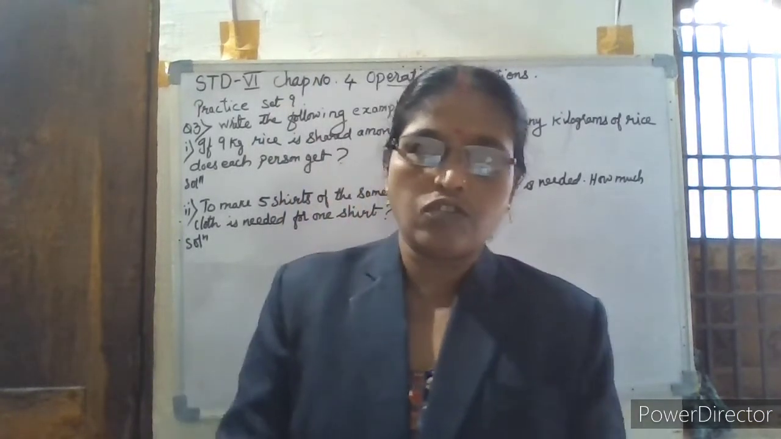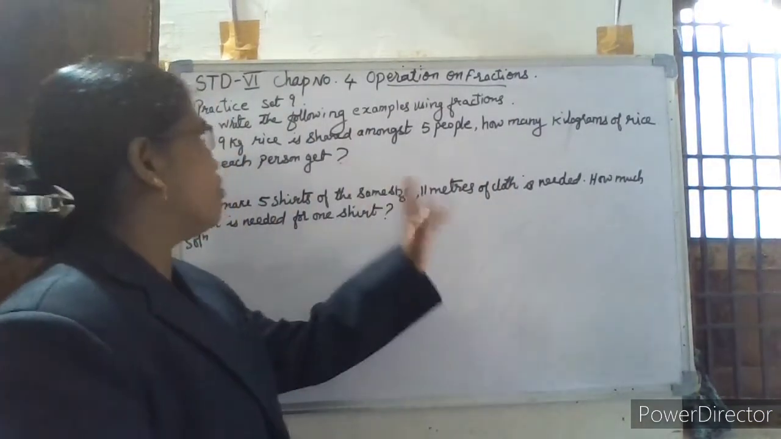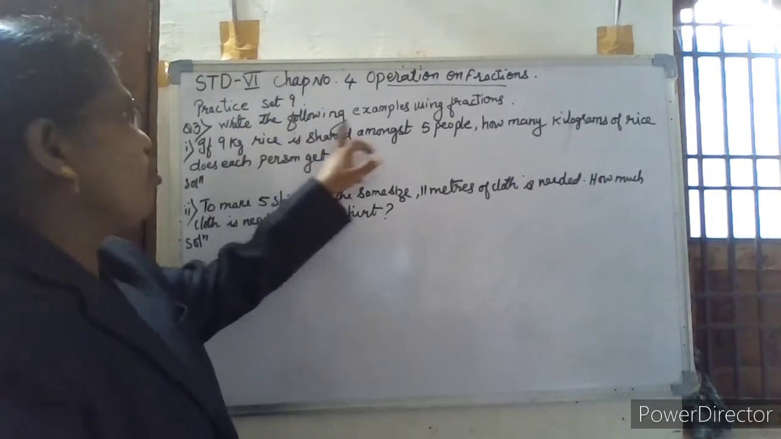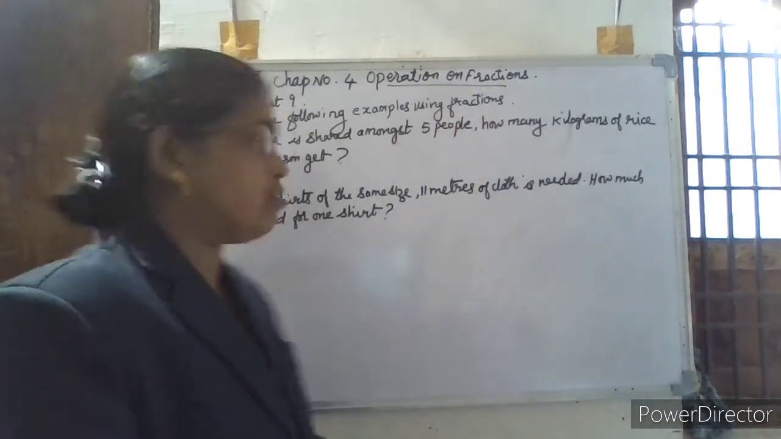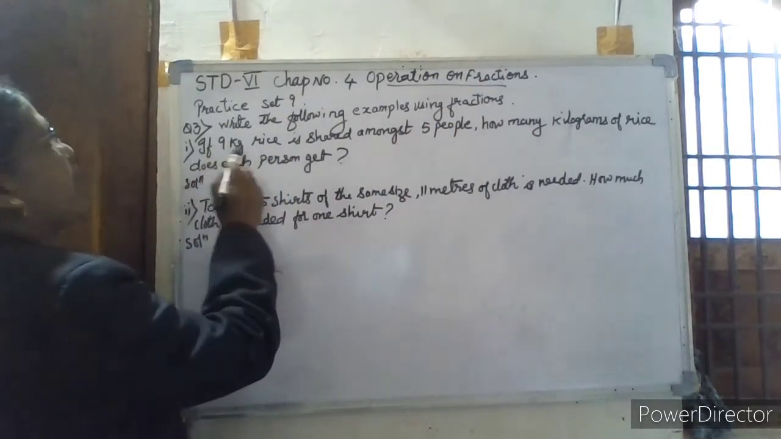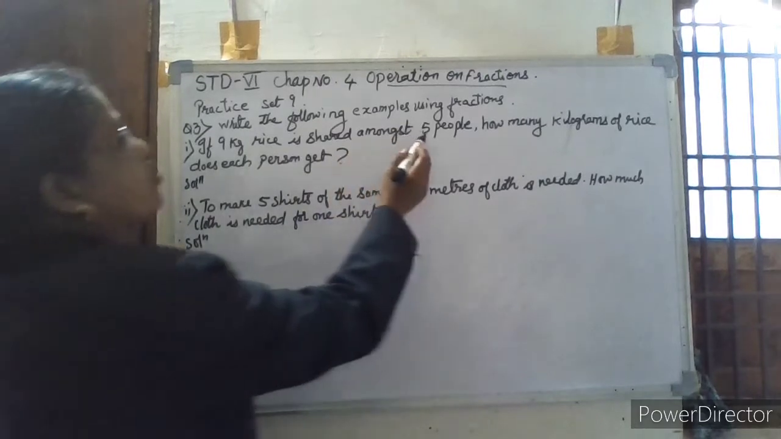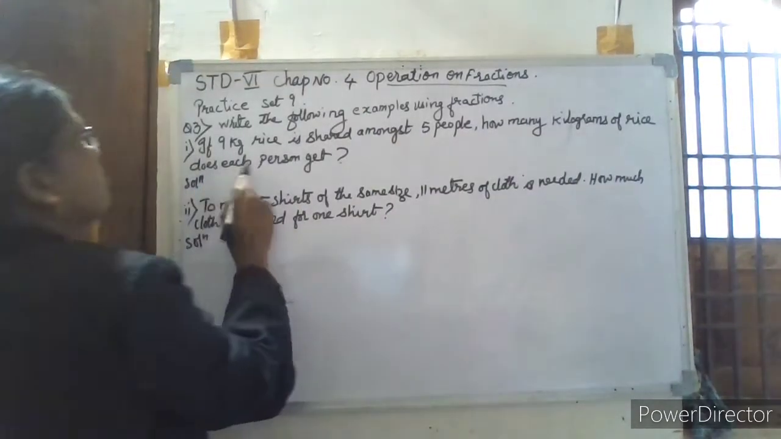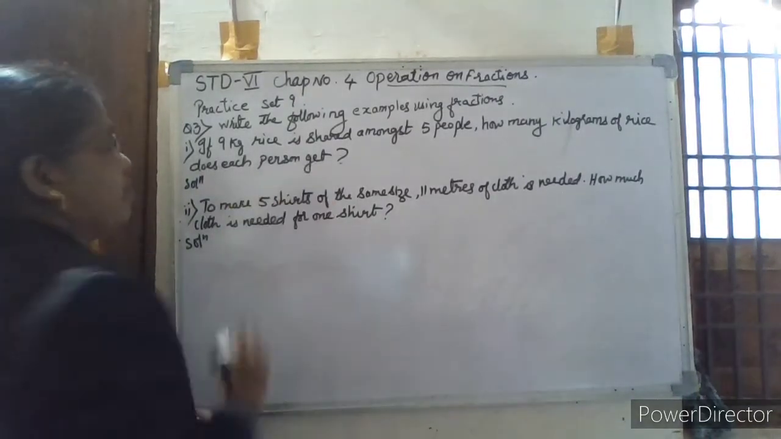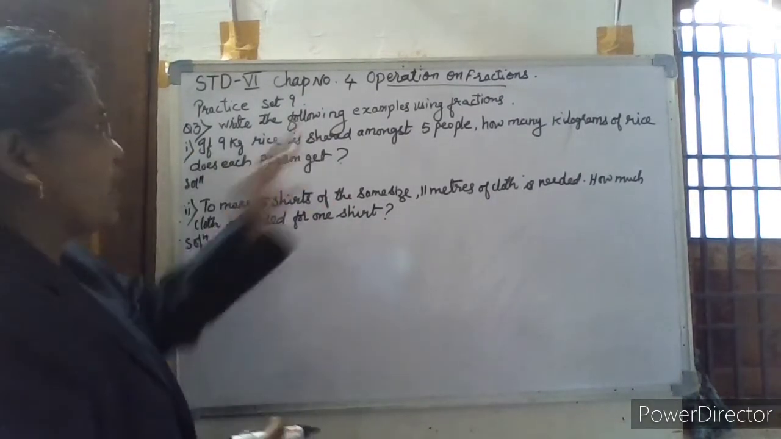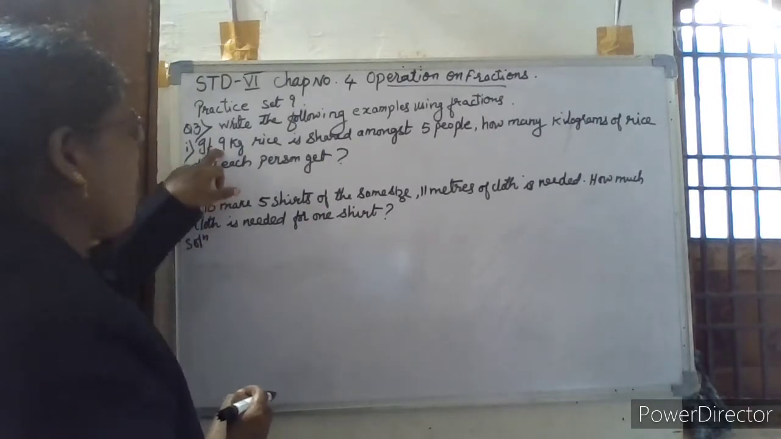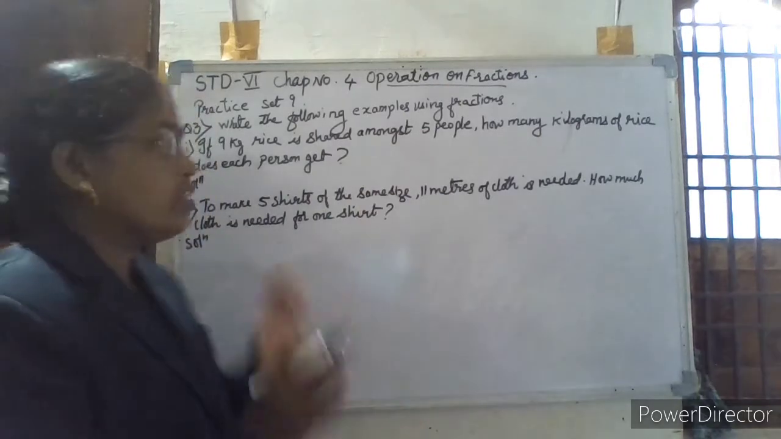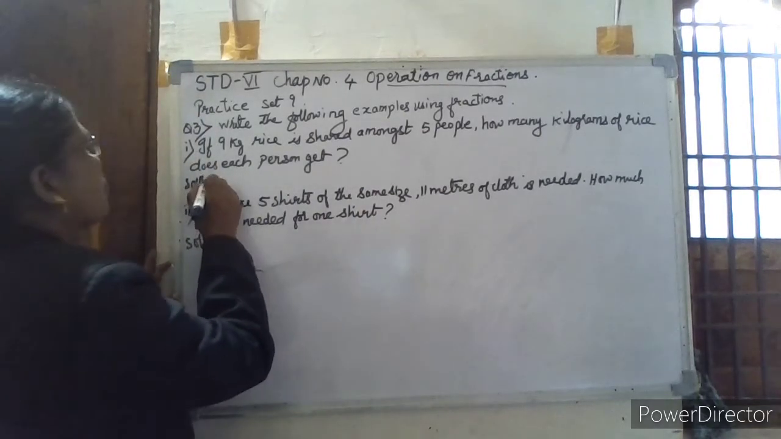Good morning, students. Today we will solve these two word problems of practice set 9. Write the following examples using fractions. If 9 kg of rice is shared among 5 people, how many kilograms of rice does each person get? So we have to form a fraction. 9 kg of rice is distributed to 5 people. Therefore, the fraction